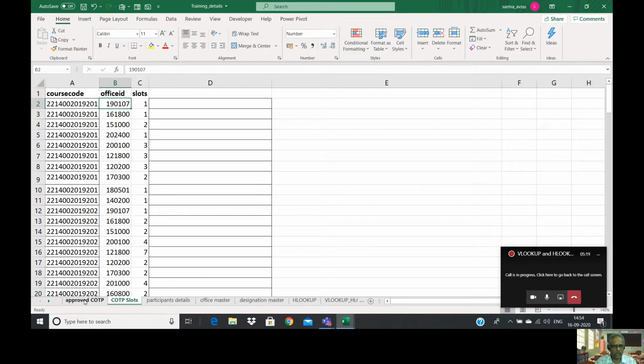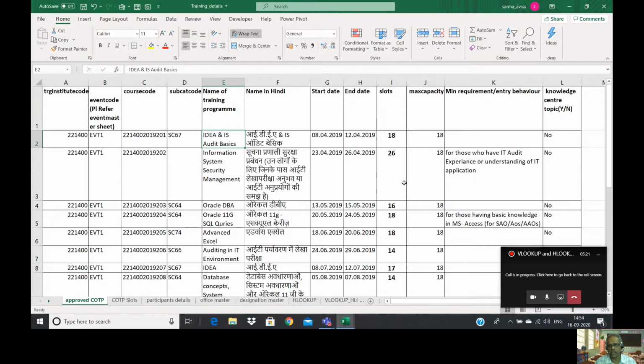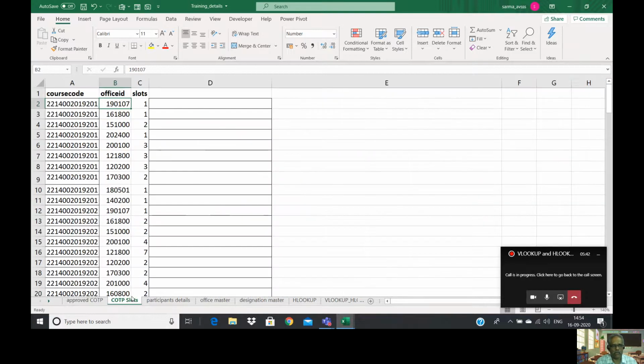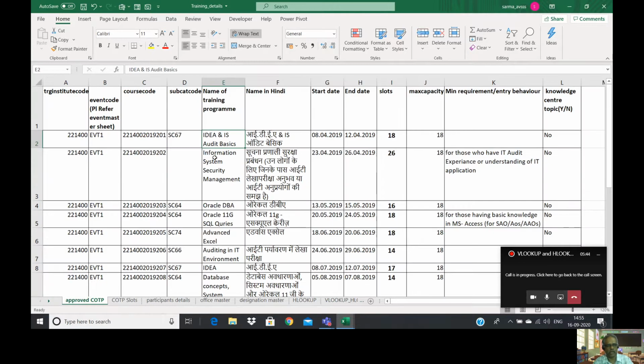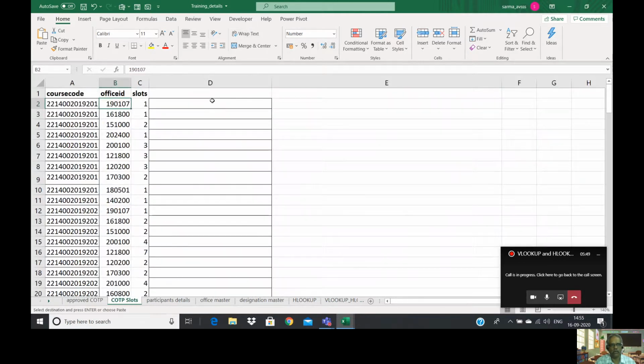But if you come to this one sheet where the master data is available, this is the course code and this is the name of the training. When I say 201, this is the name of the course, IDEA and IS audit basics. Suppose I don't know the VLOOKUP or HLOOKUP command, generally I will find it here, copy it with Control C, come over here and paste it.